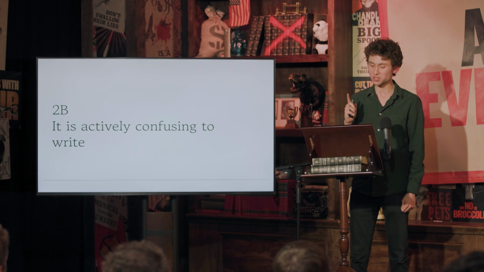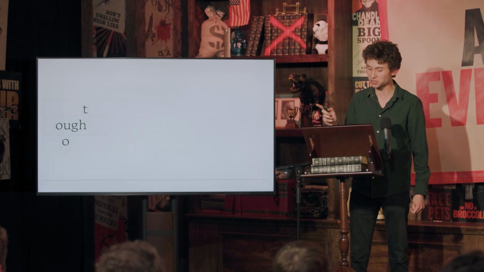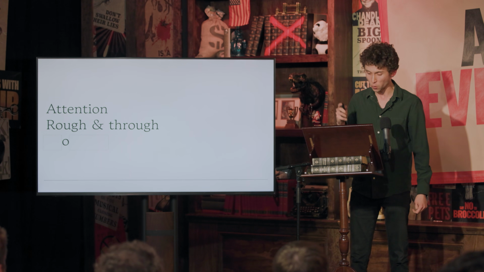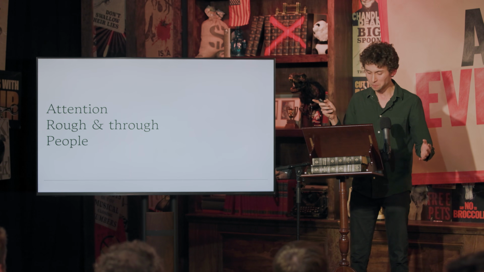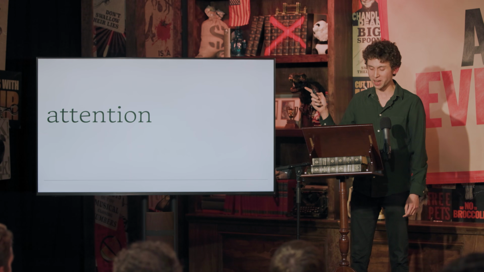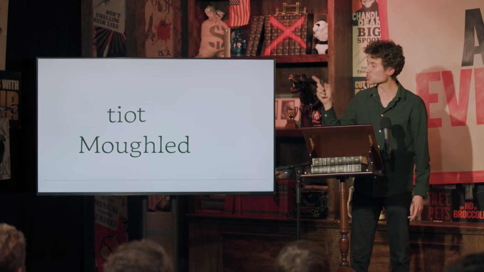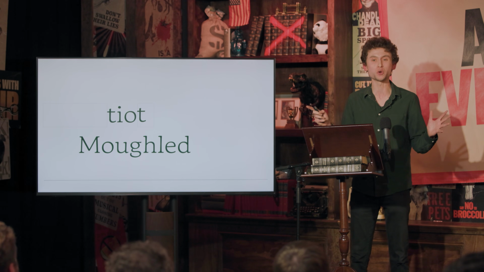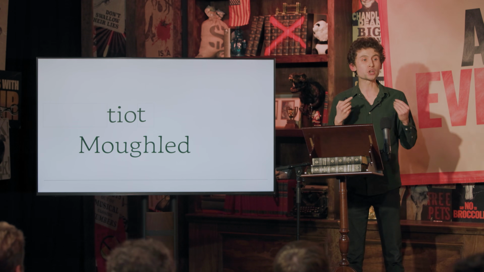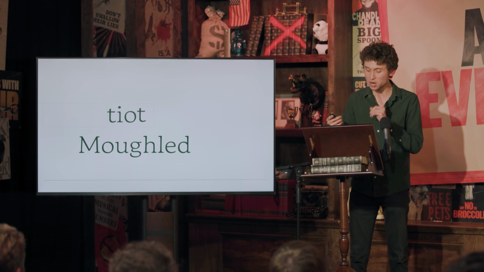2B, it is actively confusing to write. No other language puts a T in attention. An O-U-G-H in both rough and through, and an O in people. In the words of Oedipus, where did that O come from? If this is an acceptable way to spell attention, then this is an acceptable way to spell shot. I dare you to write it that way and not throw up in your mouth. Also, this is an equally acceptable way to spell muffled. What are we doing? As languages go with the Latin alphabet, English is the most irregular when it comes to